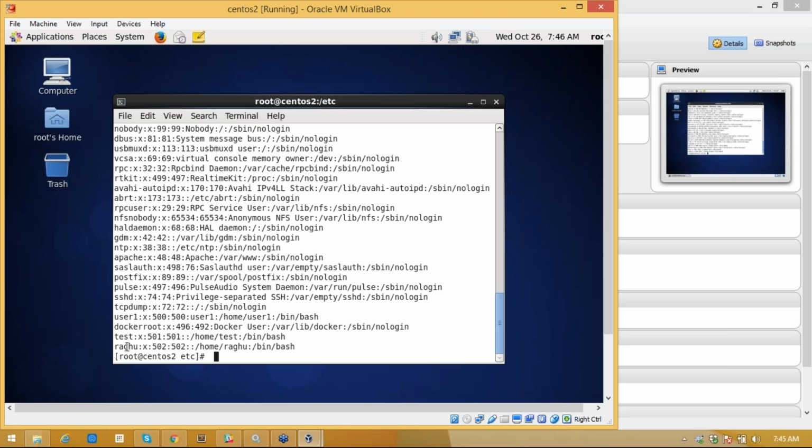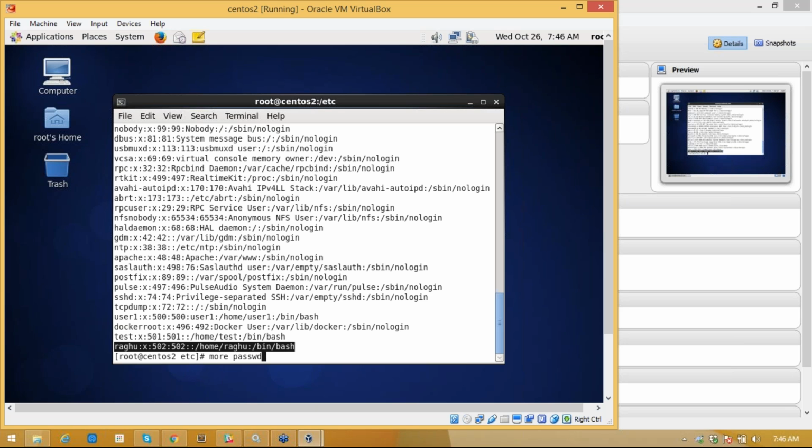See that here there is a user called Raghu. If you observe the user details, the username is Raghu, the user ID is this one, and the group ID is this one. Every user has a home directory. In the directory called home, it has created one more directory called Raghu. By default, it is created. That is the home directory of Raghu, and it has given a bash shell to him. What is a bash shell? Why is it given? We'll try to understand it after some time.